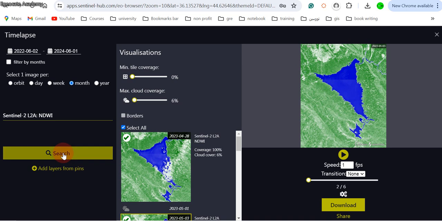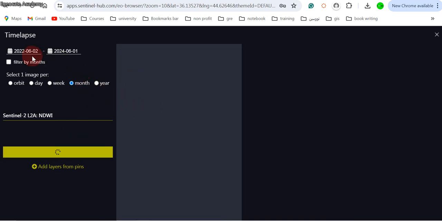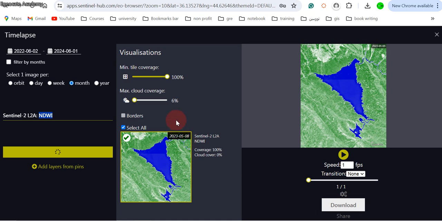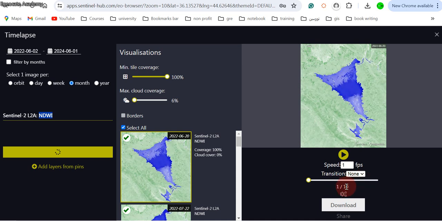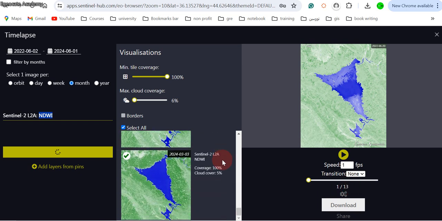So after that you're gonna just click. I'm gonna here make it all the coverage area, and I'm gonna click search, and it will give me all the images that are available from 2022 to 2024, for each month one image. So it will be, of course, using the NDWI, and it takes some time, and here it will give you all the available images, and you can look at here that it will be updated again and again, and we will wait until all the images will be loaded after some calculations,